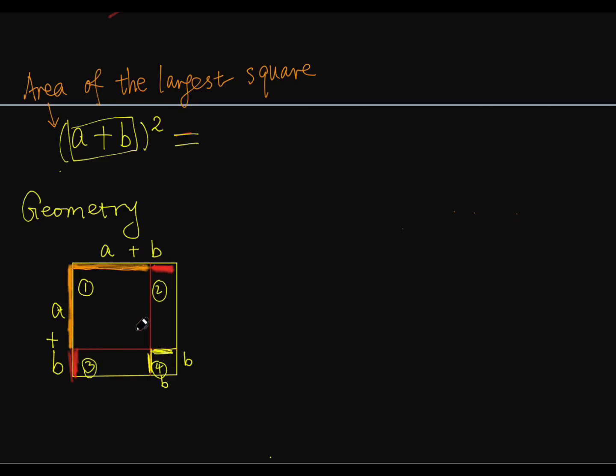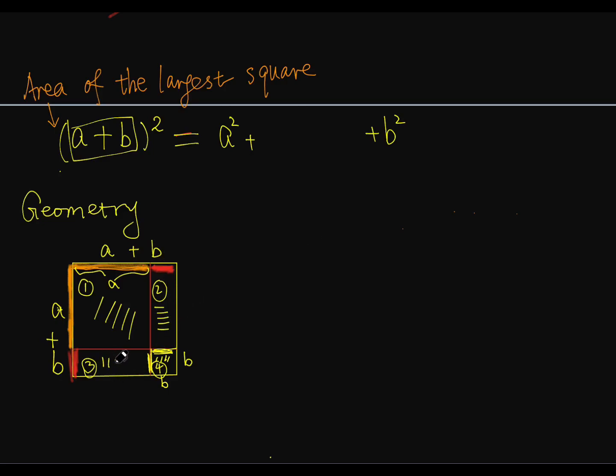Based on the diagram, we can see number 1 and number 4, these two parts, represent different squares. For the first one, the length of the side is a, so the area of this part is a squared. For number 4, the smaller square, the length of the side is b, so the area is b squared. Then we can see the left side is not equal to the right-hand side now, because we still have